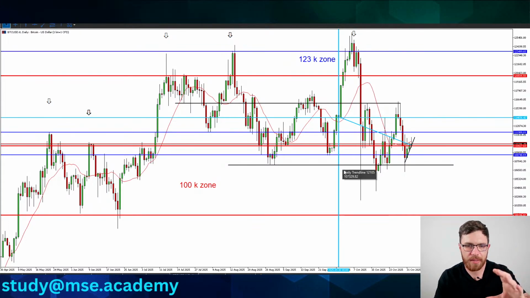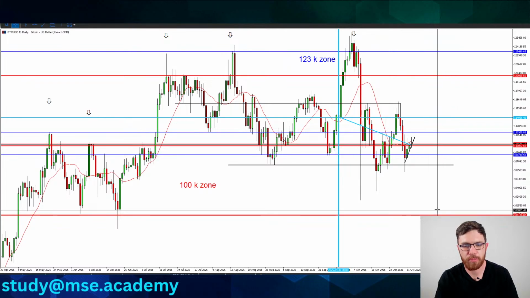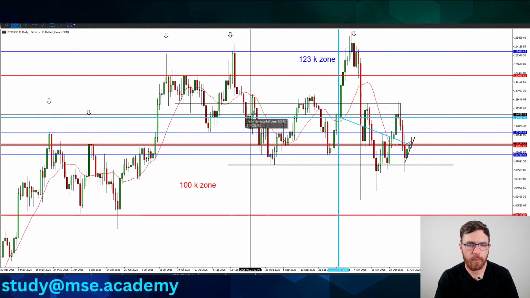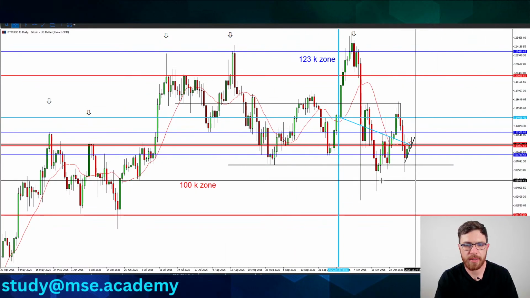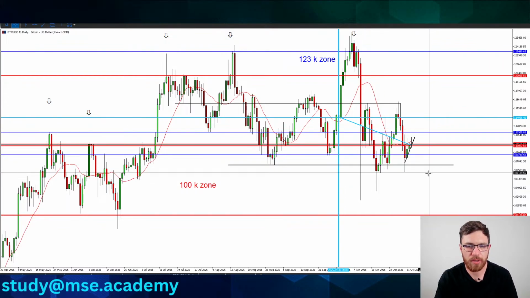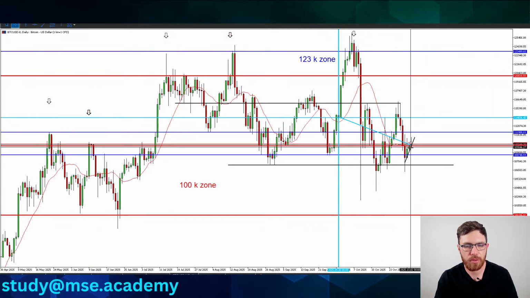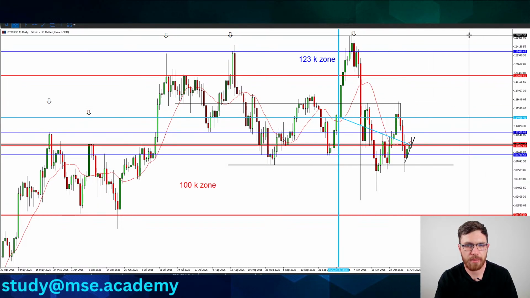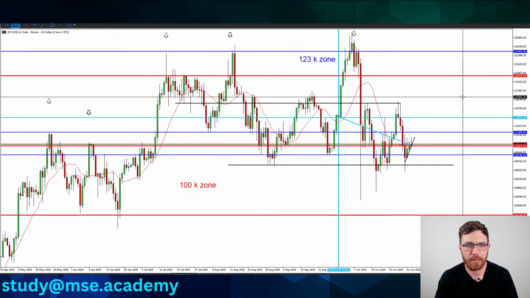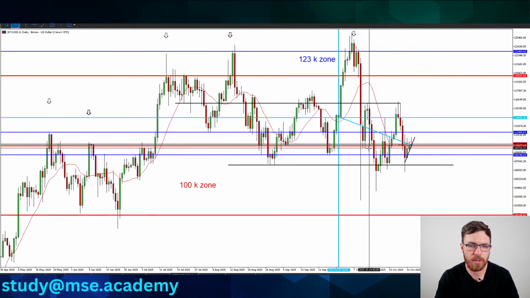It's about a $10,000 range. Most of it is above the $110,000 level, but you can see that price is continuously breaking down, testing below 110. And that's why I still believe we're going to see the market move back to $100,000. Now, we could see some inter-range trading inside of this zone. That's entirely possible, but I'm very careful to set trades in the zone expecting a high potential upside